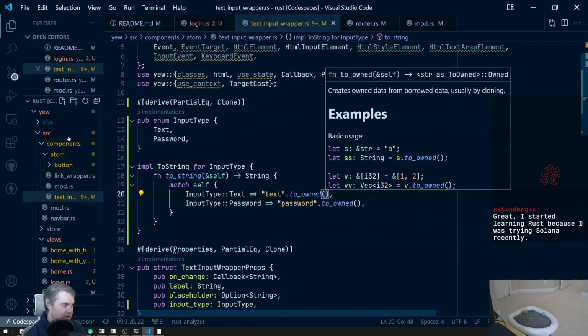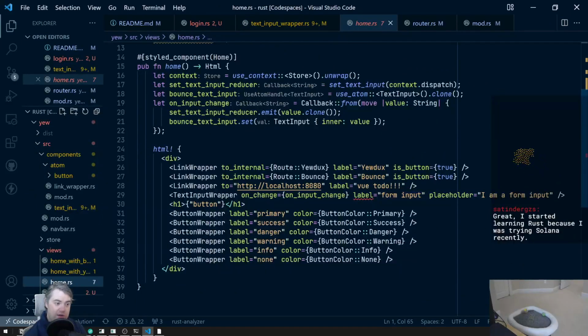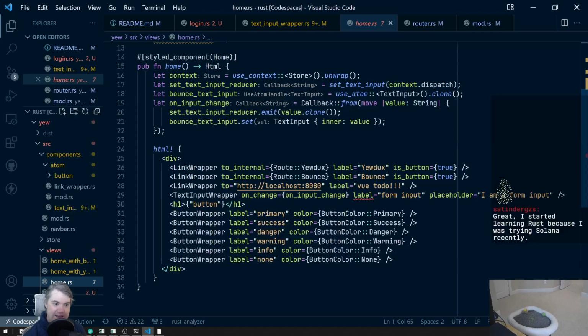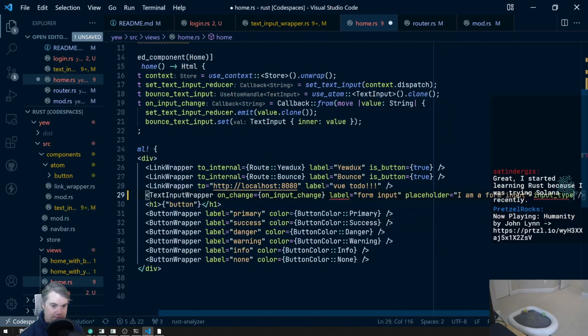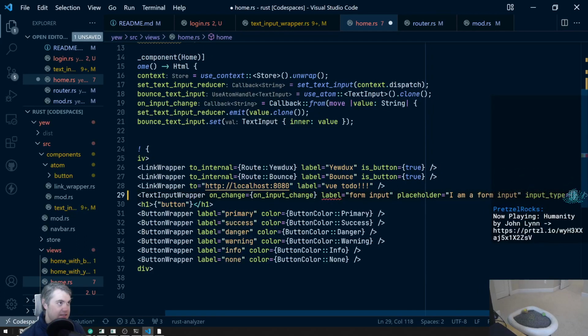Okay, so you're happy here. So now, all right. It's really not great because it shows like, hey, the error is on label. It doesn't like that. And it's like, no, it's not the fact that it doesn't like label. It's the fact that it doesn't have an input type,